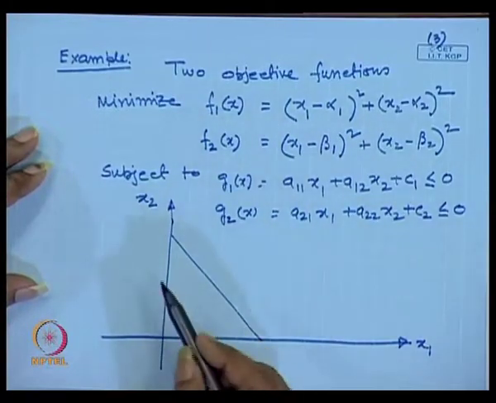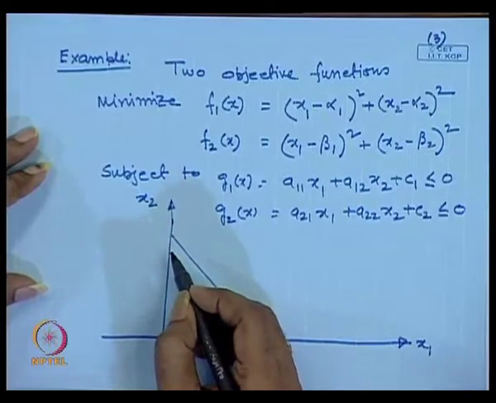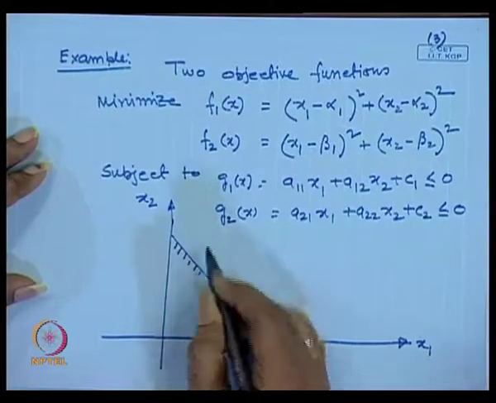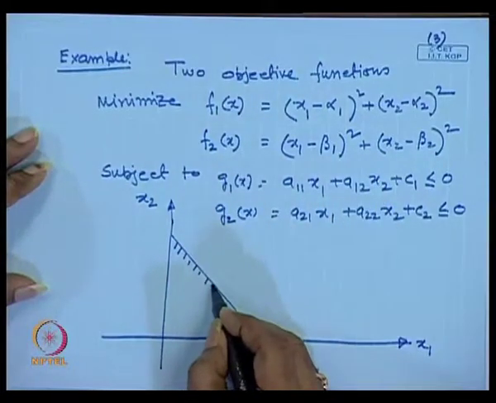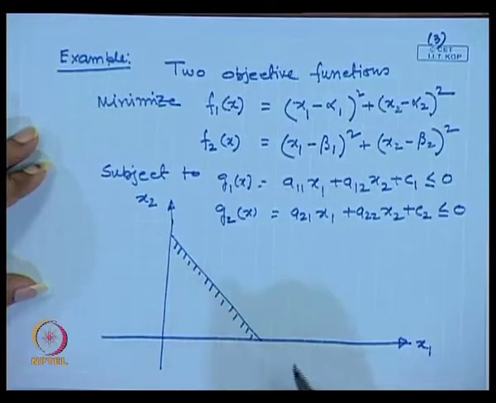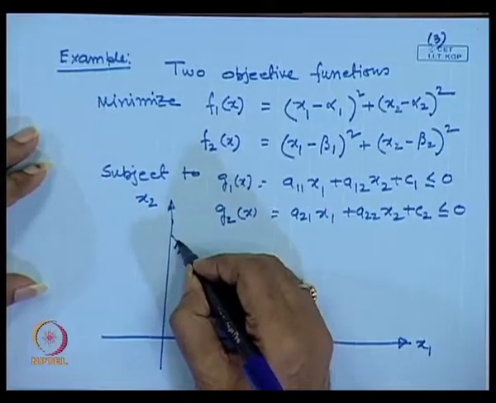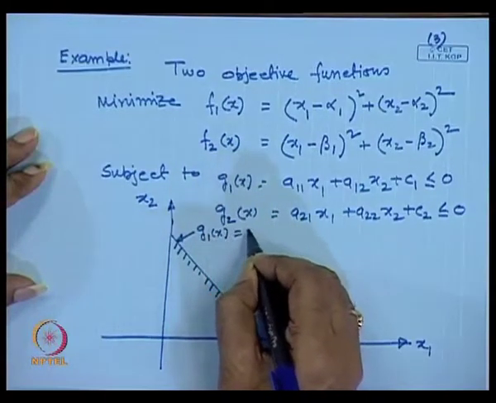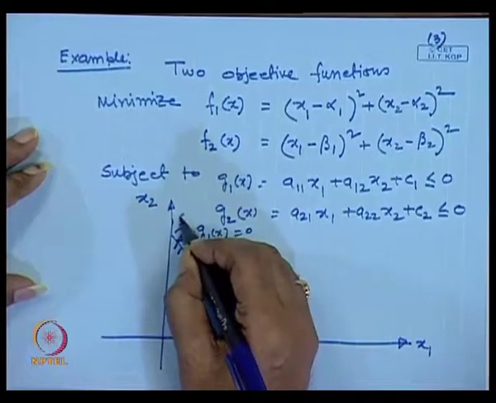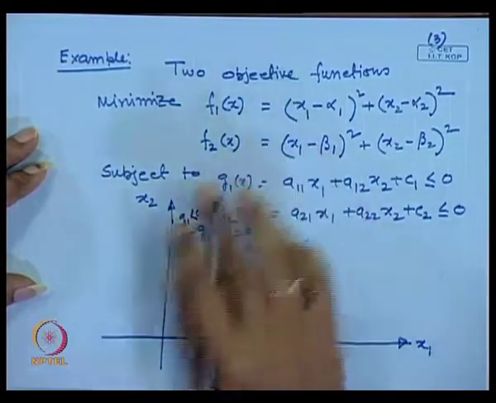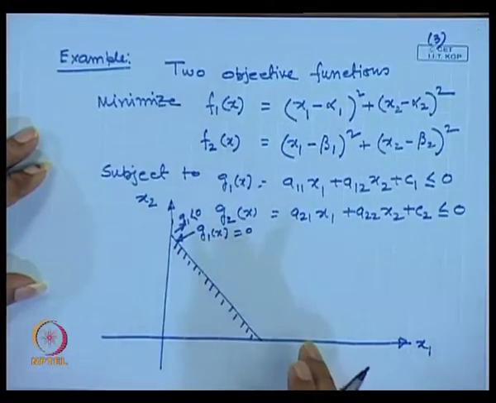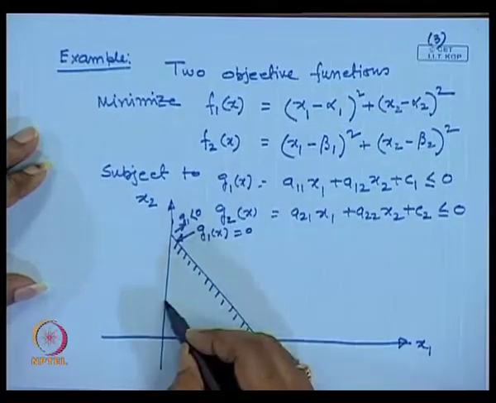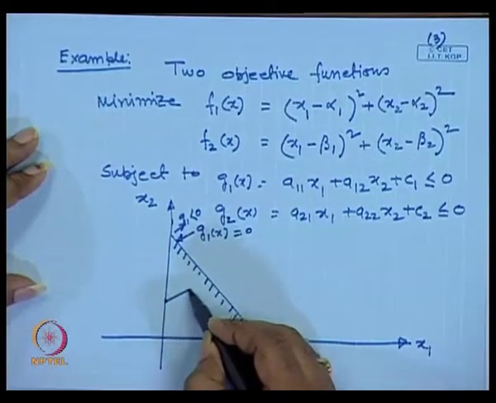Agree? This was our g 1 of x, and the inequality condition is satisfied in this region, above this line or on the line, let us say. So, this one is g 1 of x equal to 0, or g 1 is less than 0 on this side. On the line g 1 is equal to 0, and we have another line g 2, let us call it something like this, say,